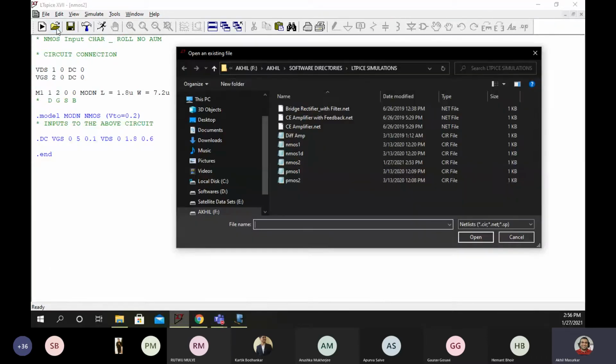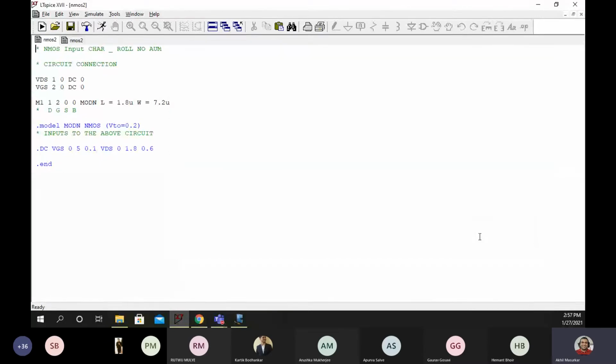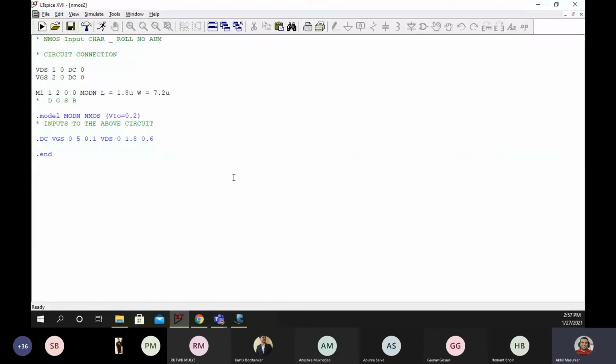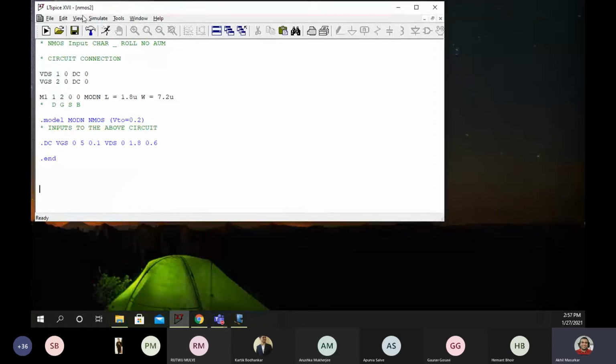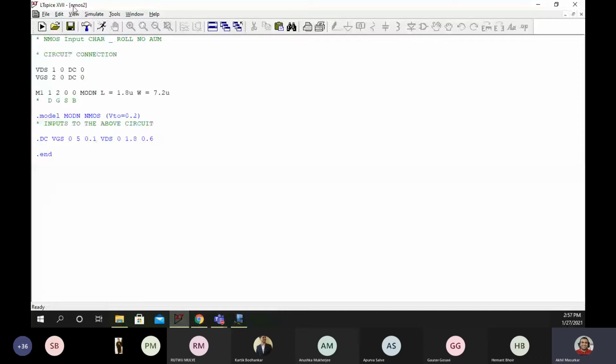So all you need to do is open the file, whatever the file name is. Say open, and the file will open. Don't open it multiple times, otherwise it will open twice. The name of the file should come at the top, see, nmos2.